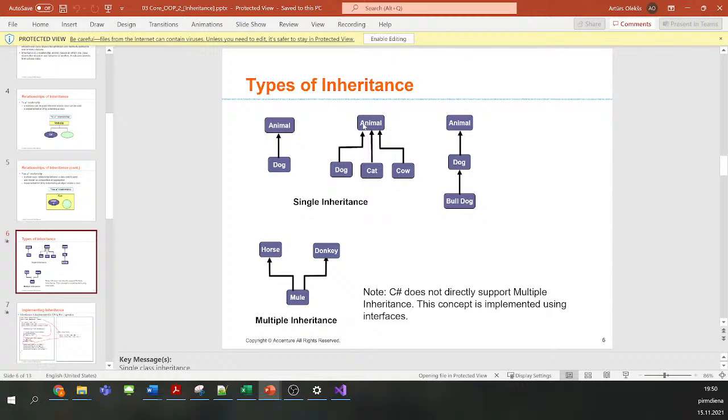In this case it's also quite understandable that if we have many subclasses, then the superclass is only used for the structural definition, to define the main pattern, the main template for the subclasses.